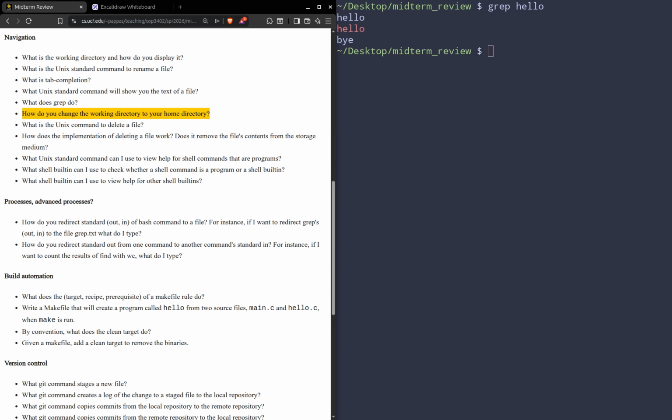How do you change the working directory to your home directory? So there's two different ways. The first way is to use the tilde. So we use cd to change our current working directory. cd, change directory. And we can use the tilde symbol here to switch to our home directory. This is cool, but we might want to use the home shell variable instead. This does the same thing. So if I were to switch to a different directory here, desktop let's say, and then cd $HOME, this would also work. The difference is that in bash,